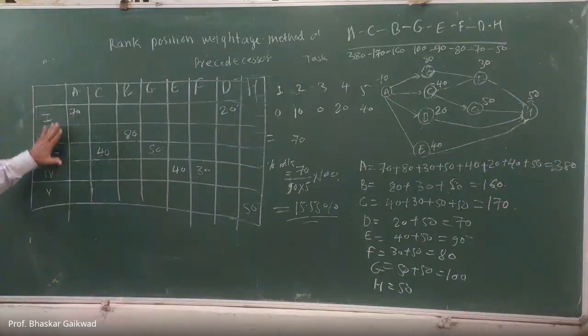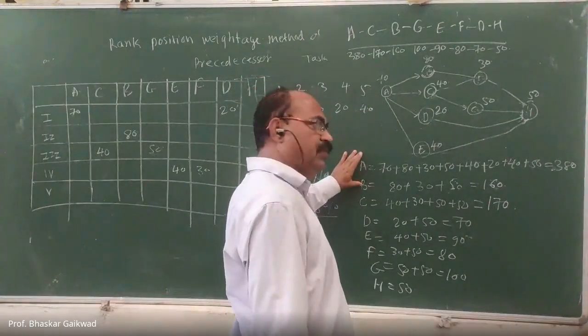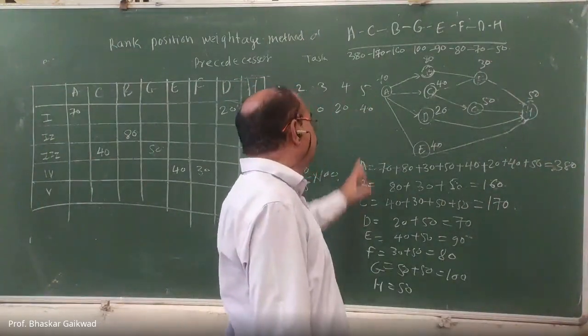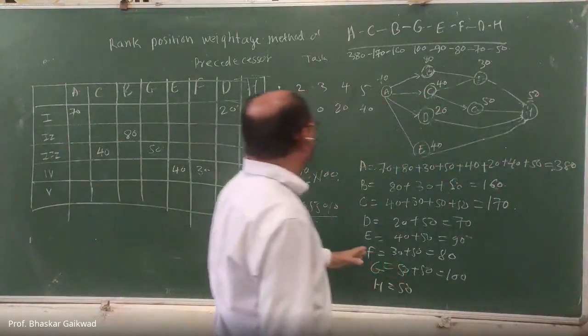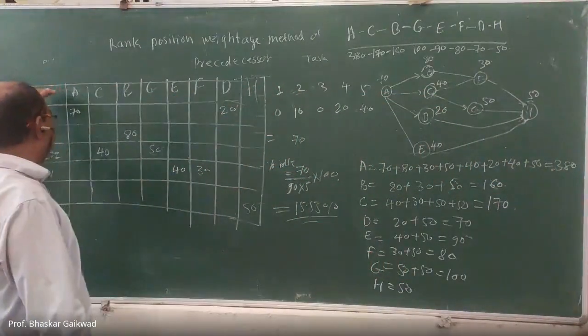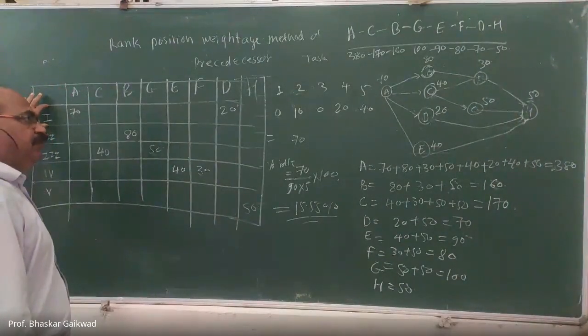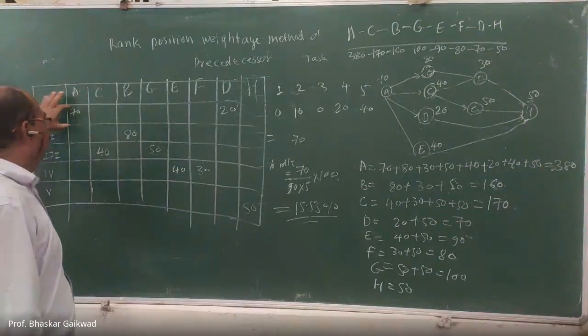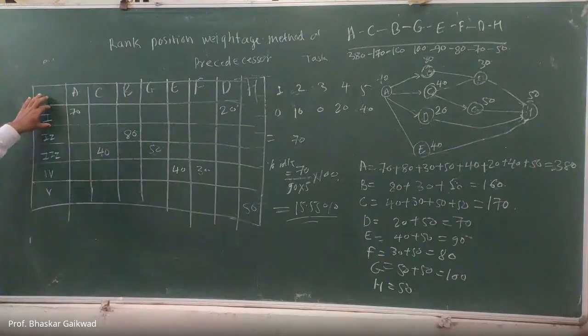So this is about the rank positional weight method. It is a very simple method. First of all, we have to make this diagram. After that, we have to make this addition by using this diagram. You can make the sequence of this. You can put like this and allocate below 90 or equal to 90 on one station, because we have to convert 6 stations into 5.